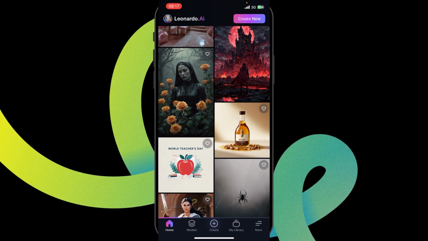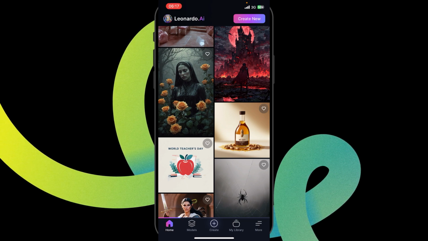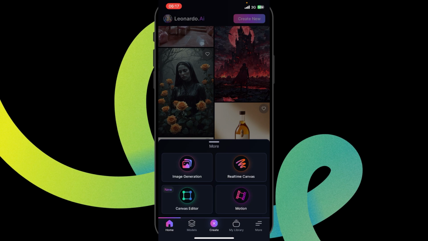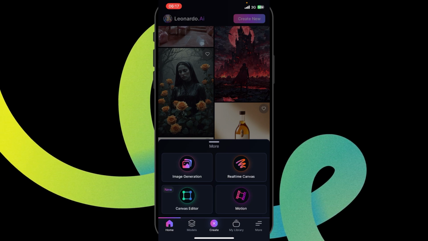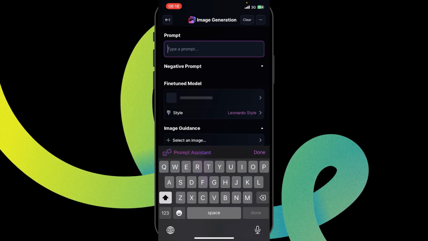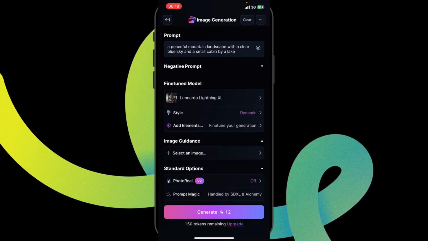Now on the screen, you can see options like Home, Models, Create, My Library, and more. Tap on Create from the bottom of the screen, then a menu will appear on the screen. Select Image Generation from the menu, then type in a prompt of whatever type of picture that you want to